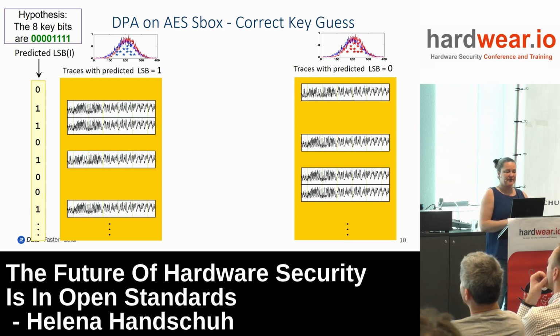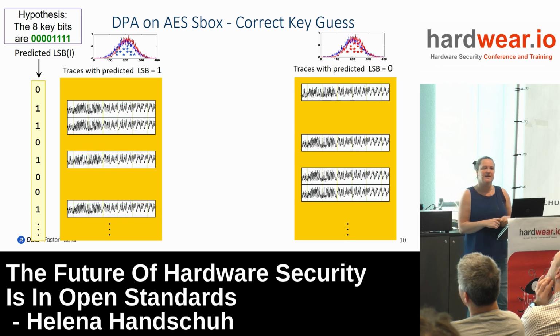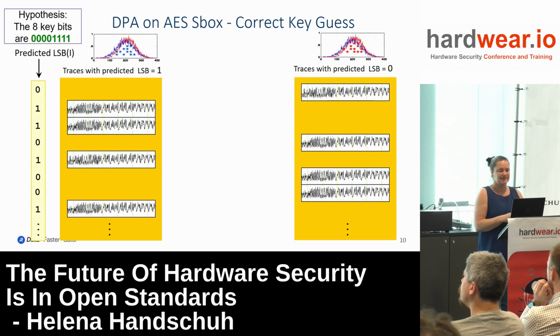Okay, let's walk through an example. Let's say you have an AES implementation. The first part of the implementation is typically that you take a key and XOR it with your input data, and then run through a bunch of S boxes. We take the first 8 bits that will go through the first S box. When you XOR it with the key and run through the S box, you're applying a nonlinear operation, and we're trying to find out what's happening at the output of that first S box. So we look at a selection function, for example the least significant bit of that output, and try to figure out what's happening there.